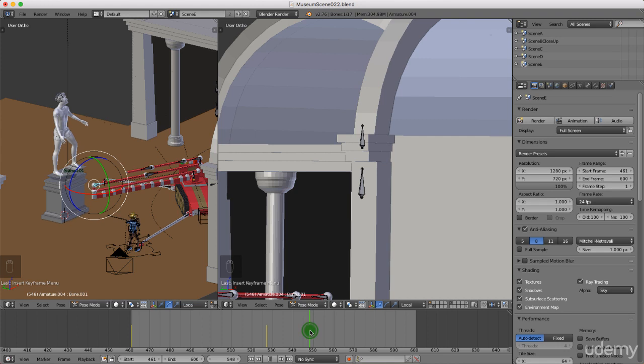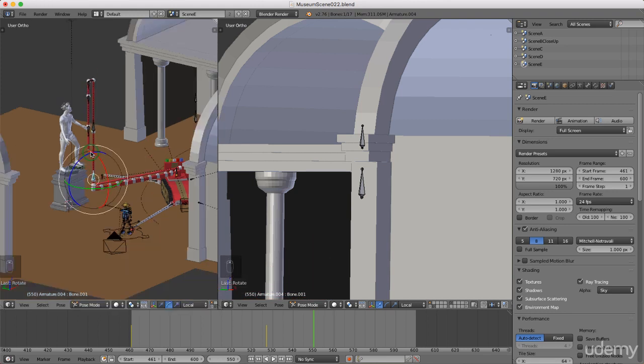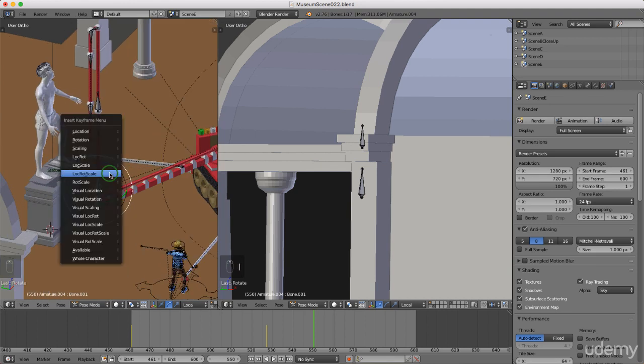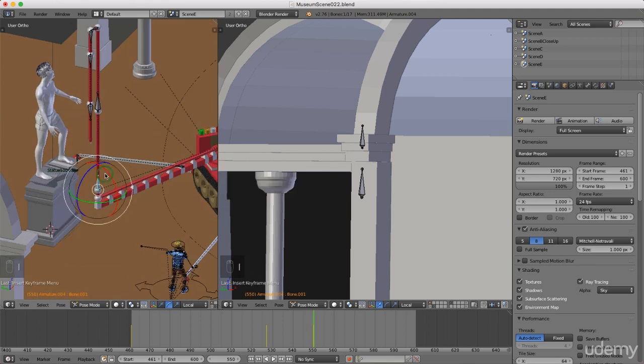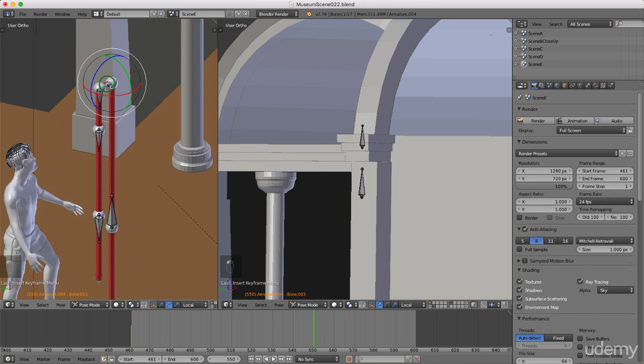come on a second roughly to 550, and I'm just going to grab this in the Z and type in 90 and enter. Okay, I'm just going to press and hold the middle mouse button just to make sure I'm not hitting the statue. I'm going to press I and again a location, rotation, scale for that, and I'm going to come up here to this one and press, and on the same position on the timeline I'm going to press I, location, rotation, scale, and just forward this on